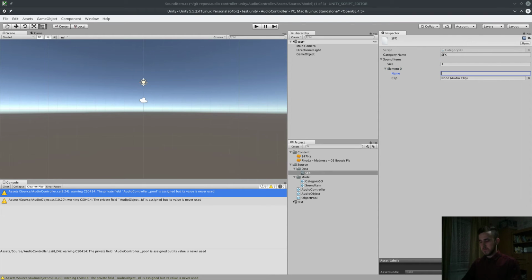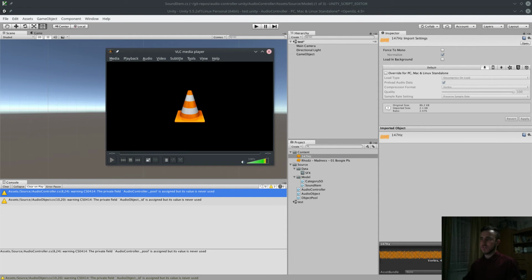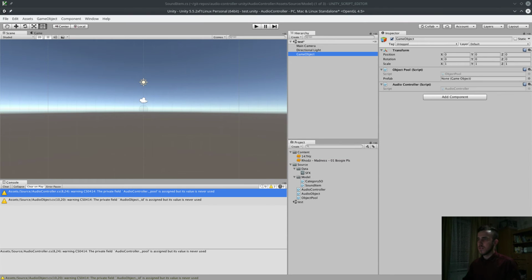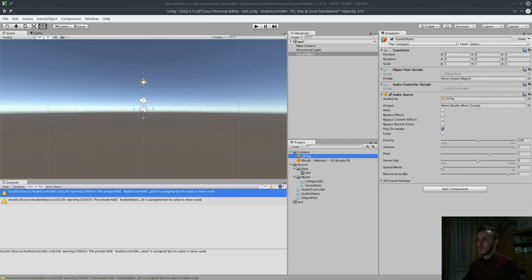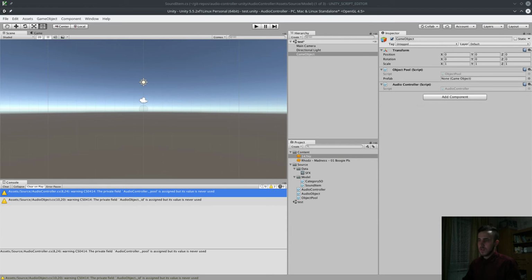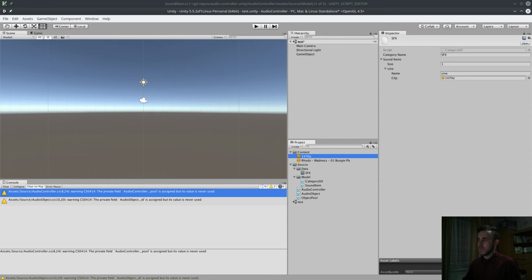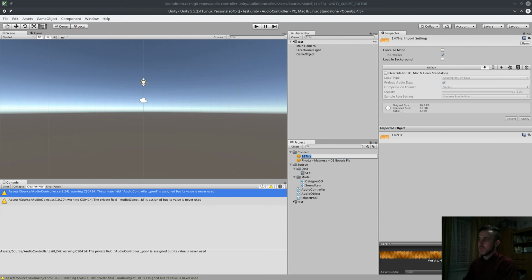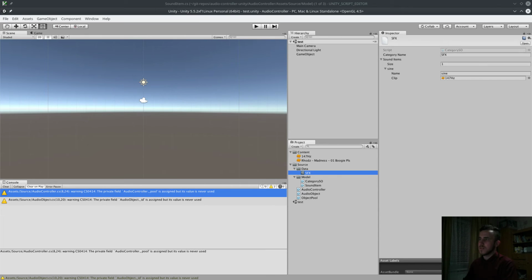We'll name it sign, and oh my god, sorry for that. Oopsie daisy. Let's add our audio clip here, and then let's just save the project for now. Okay, so what we have here is a scriptable object with the information about the clip we're using,